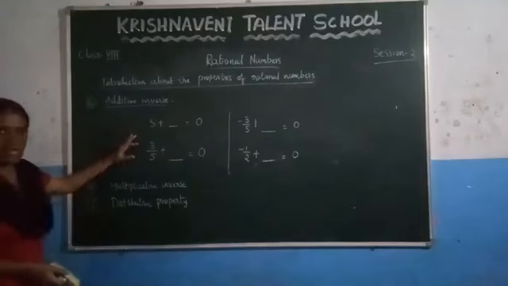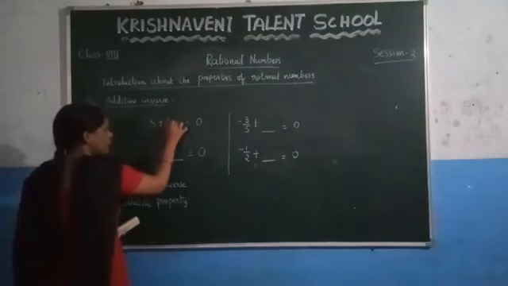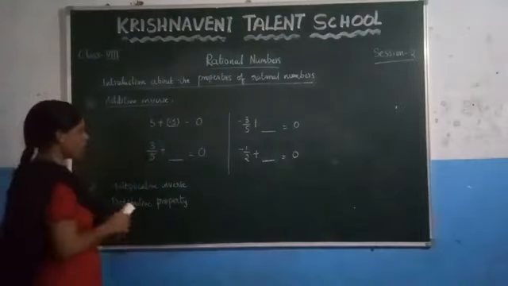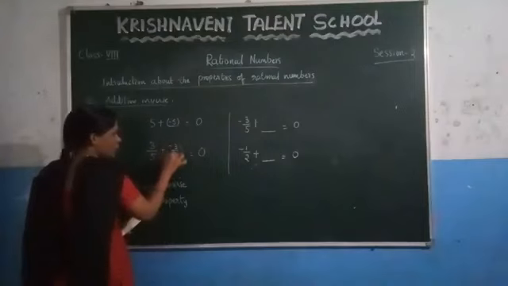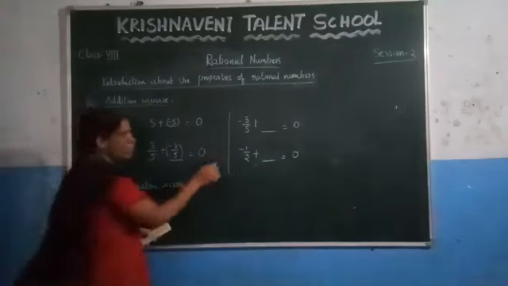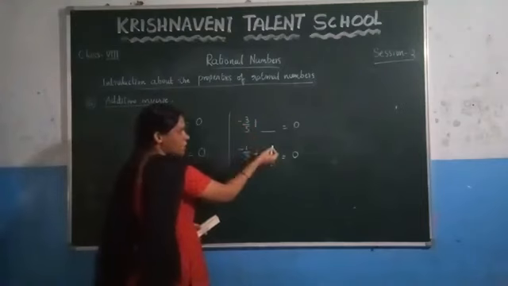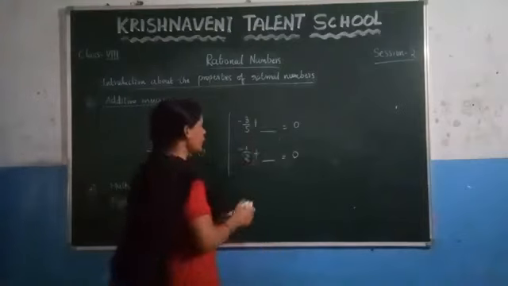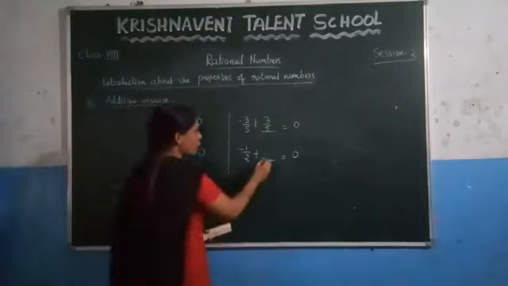Which number do you have to add here such that you get the result as 0? You just have to take the negative of the given number. Here you just have to change the sign of the given number. Here consider plus 3 by 5. Which number do you have to add here? Minus 3 by 5. If you add minus 3 by 5, you get the result as 0. Now consider minus 3 by 5. Here we are considering the negative number. Which number do you have to add here so that you get the result as 0? You have to add the positive number. So here which number do you have to add? 3 by 5.